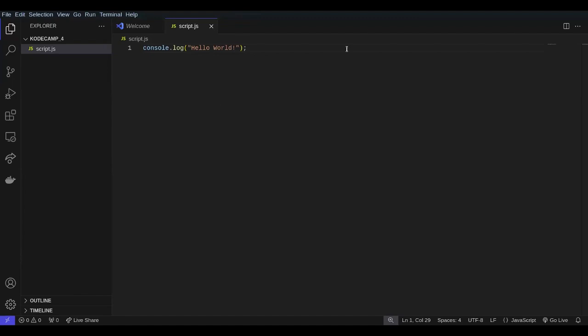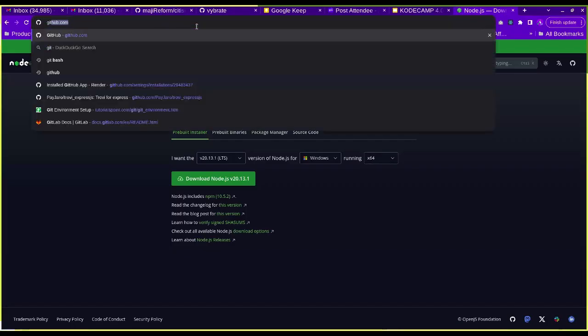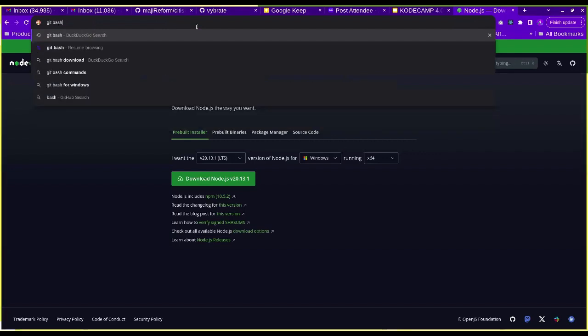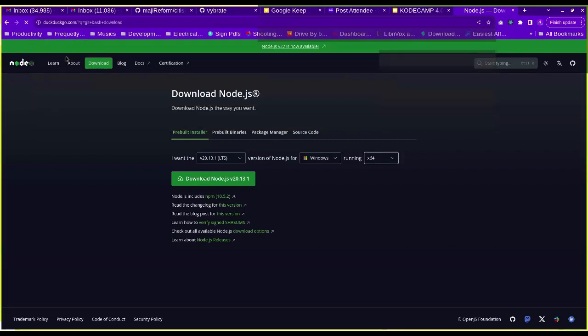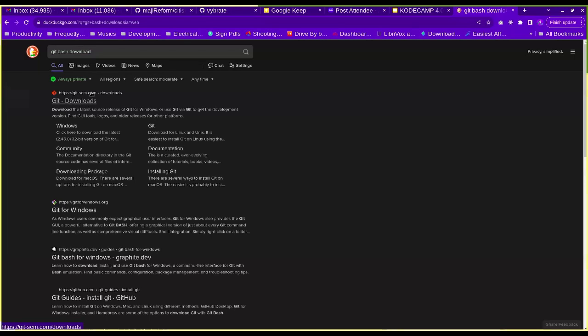I think I should reshare my screen. Let's do that together for people that haven't or don't know where to go. So let me reshare my screen. Let's go back to our browser. If we search git bash download, you'd see this link, gitscm.com/download.